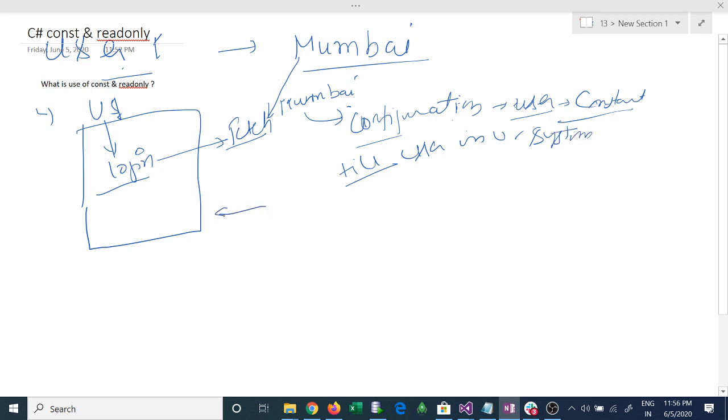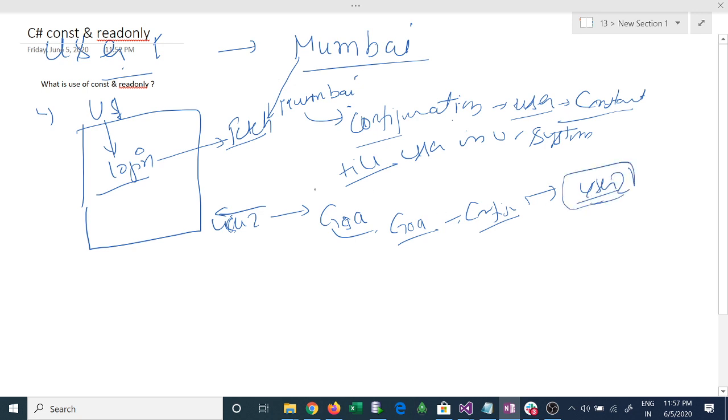Now user 2 is from Goa. So we fetch the details for the specific conditions or configurations for that Goa circle, and that will be for user 2.